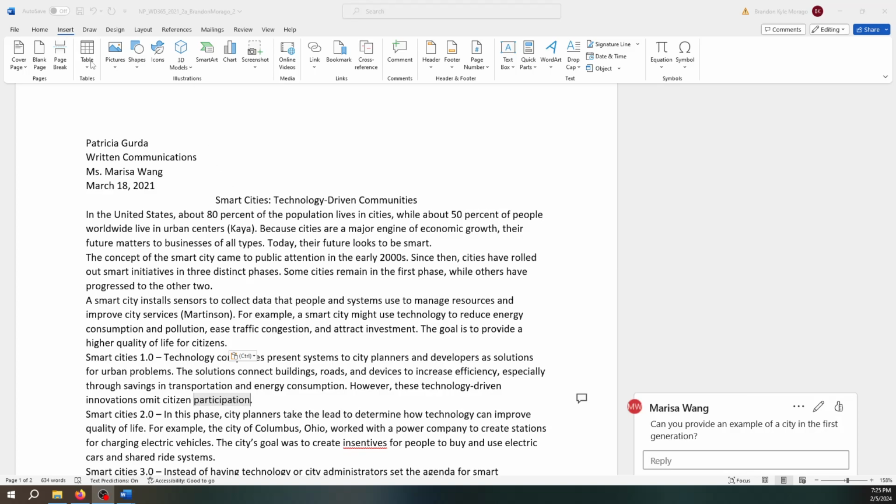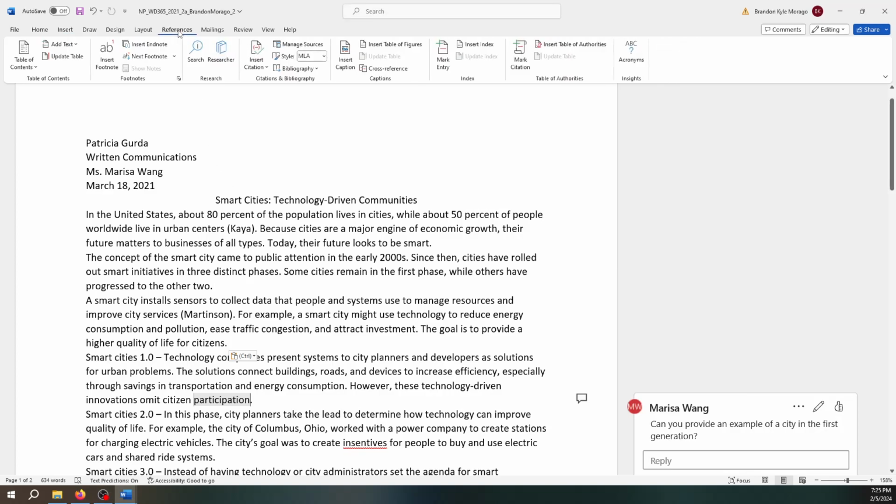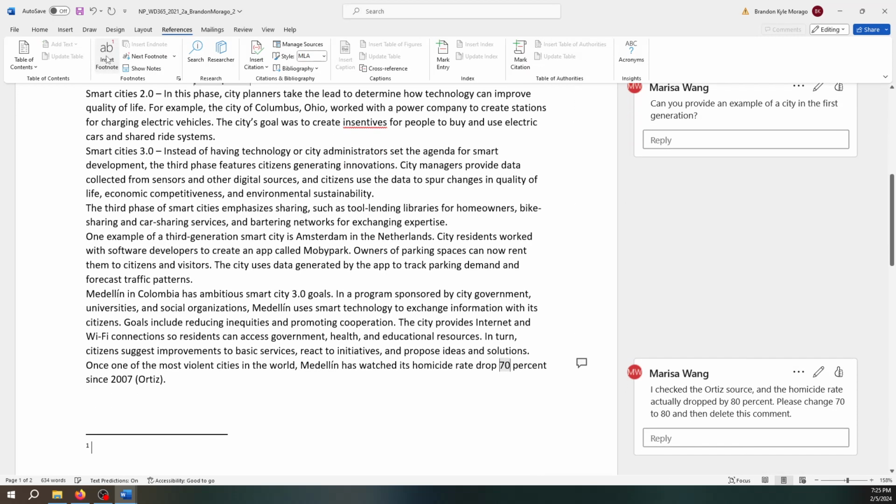Alright, sorry, that's not on Insert. That's on References. So you've got the References tab. Right here it says Insert Footnote. Click that. It's going to bring you down to the bottom of the page. It's going to put a 1 there. And you are going to type